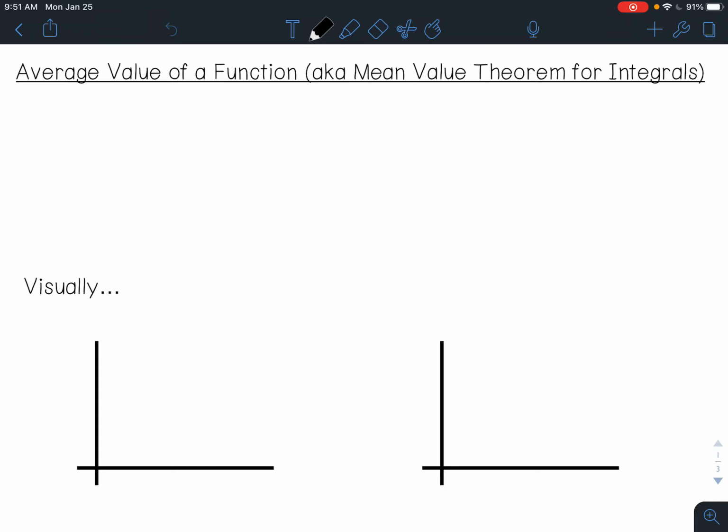Some people call this the mean value theorem for integrals. It's often referred to as just the average value of a function. Sometimes you'll also see it referred to as the MVT2, the second mean value theorem, whatever you want to say. But what this theorem says is that if f of x is continuous on a closed interval from a to b,